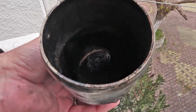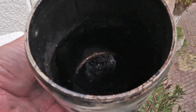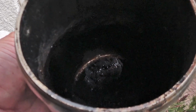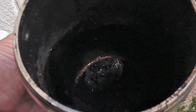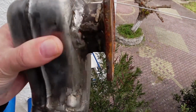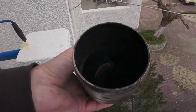Just having a look inside the exhaust elbow that has been repaired, you can see in there some globules of liquid which is still seeping out of the metal. So it has been repaired, but obviously there's a lot more going on inside there than meets the eye. There is the solder where the repair was made. The guy here at the yard actually fabricated a whole new neck. But yeah, a new one would be preferable to sticking this back on, because it does obviously have a limited